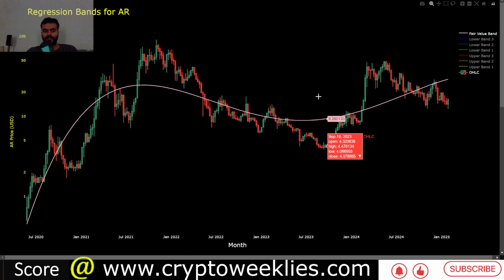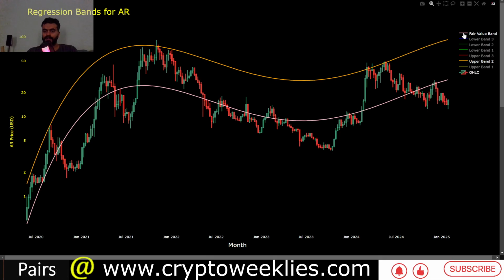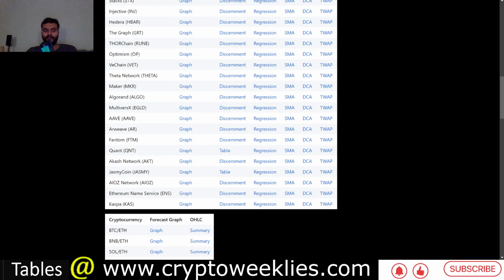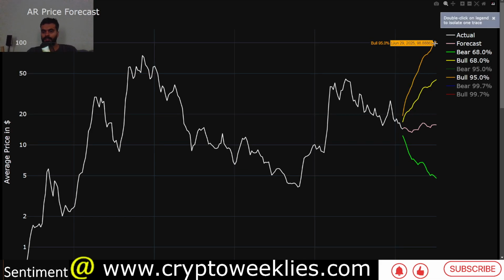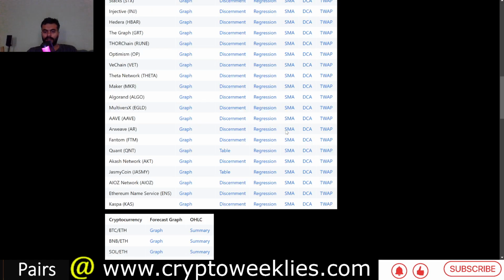Again, if the euphoria takes place, consider the two standard deviation residual applied to Arweave. You can see the major tops occur around that two standard deviation residual. That valuation is currently at around $92, and if it takes 3 to 4 months, that valuation could correspond to the $103 target that the machine learning based model had compiled for its two standard deviation bull case. Again, the confluence between this $100 price and the regression based valuation is a great thing to see.